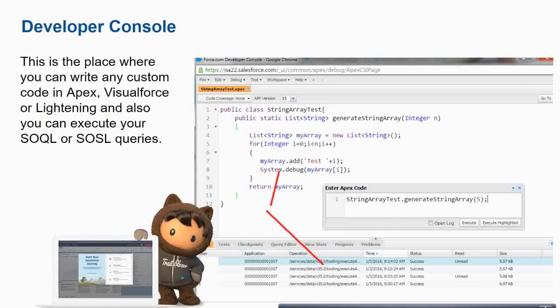Now we look into the developer console. This is the place where you will be writing most of your code. You can also sometimes use the Visual Studio Code editor that comes with the Salesforce extension pack, which you can use for Lightning Web development, etc. But most of the time you can use this developer console, which is provided out of the box in Salesforce. You can write Apex, Visualforce, Lightning Web Components, Aura Components, SOQL, test classes, everything over here. So this is the coding ground.